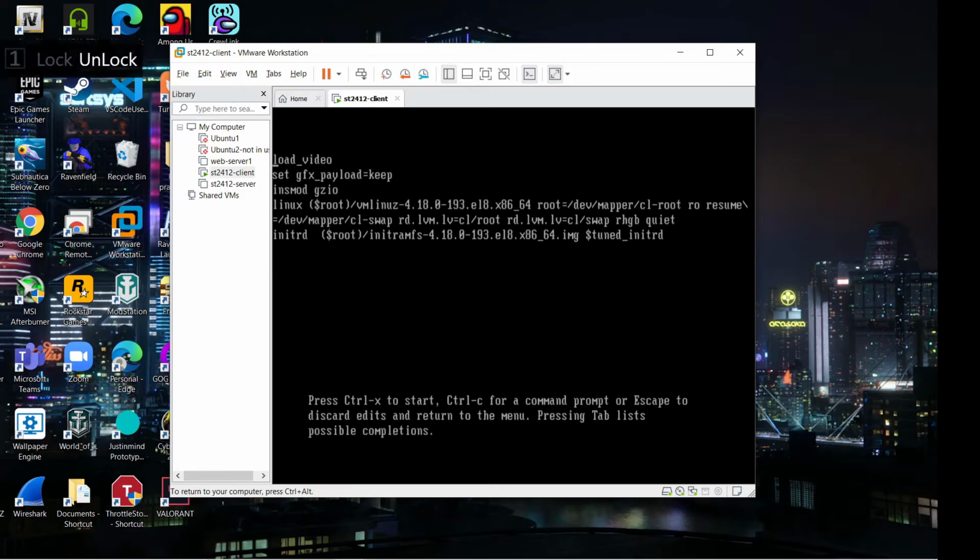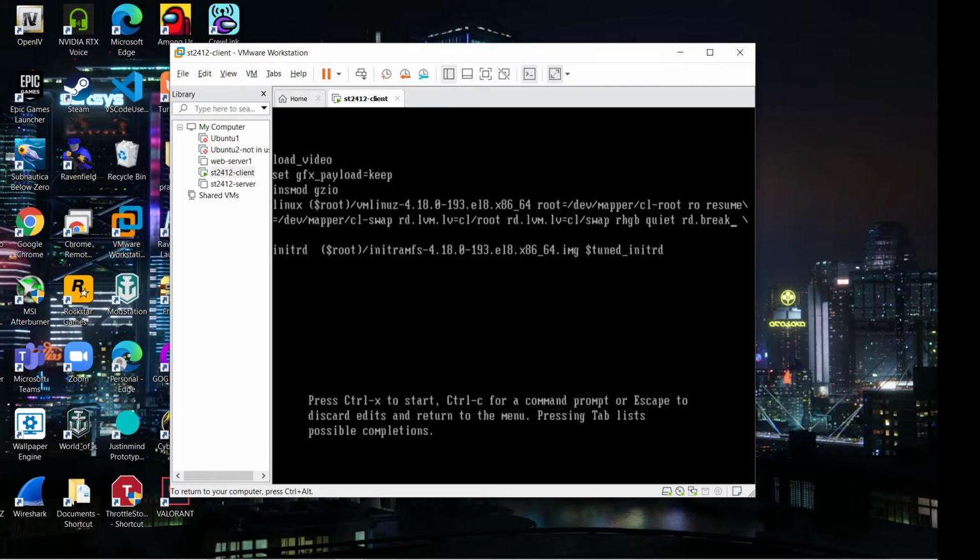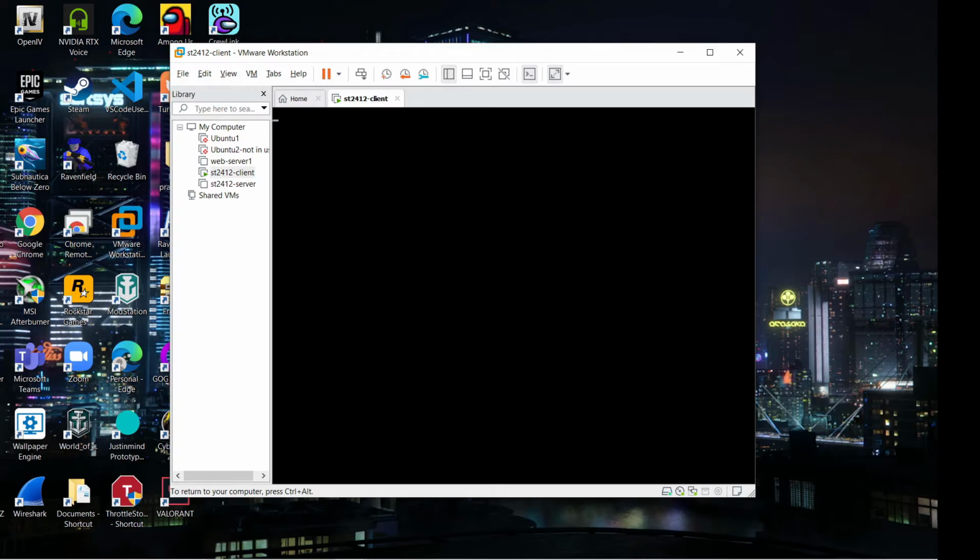So now I'll scroll down to the line that starts with linux and go to the end of the line. I'll now input rd.break and then press Ctrl X to resume the boot process.